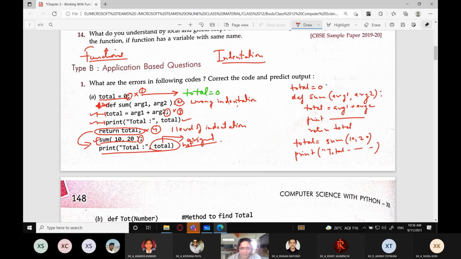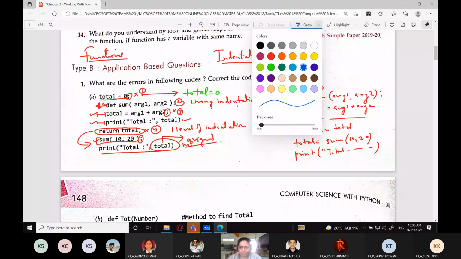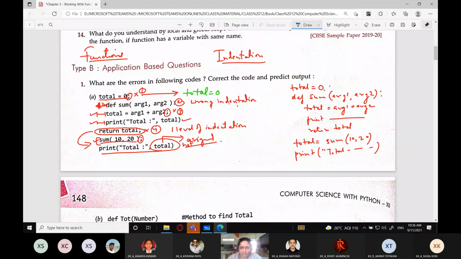Now your errors. Here you had one error. What you have to do is just underline that location. I am going to underline this using another color. I'm using the blue color. I'm circling this part. Then I'm circling this part because indentation was there. Then I'm circling this arg2 because there was a semicolon over here which was not needed. And then you have print total. This is correct. Return total. This had